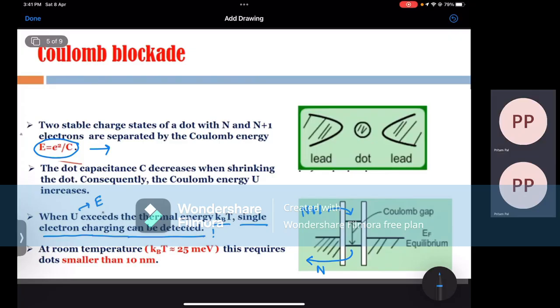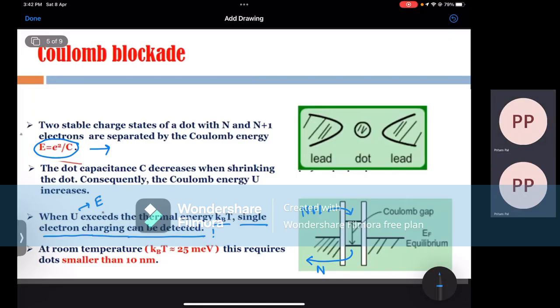At low temperature, if you reduce the temperature, this thermal energy will also reduce, and if this thermal energy becomes less than the Coulomb energy, then the problem starts, right? Then this Coulomb blockade effect will start, I mean, take place. And at room temperature, the electrons have about 25 millielectron volts of thermal energy, right? And if we want this Coulomb energy to be greater than this energy,